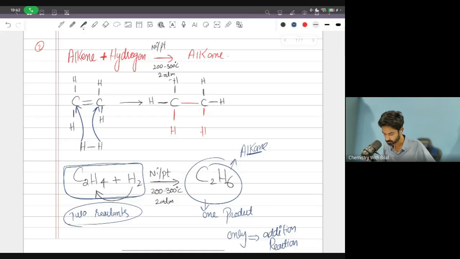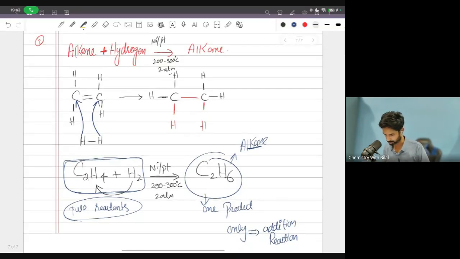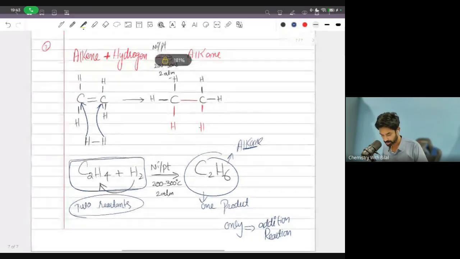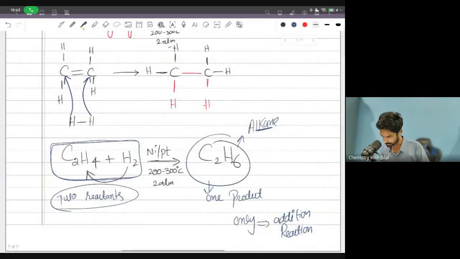Done. अच्छा, भाई हम ये रिएक्शन अगर करते हैं तो इसकी इंडस्ट्रियल इंपॉर्टेंस क्या, हमें ये रिएक्शन करते क्यों है? क्यों हम 2 to 300 डिग्री, 2 atm निकल एन एक्सपेंसिव मेटल एज अ कैटलिस्ट? सो एक तो ये है कि ये जो एल्कीन थी, ये C2H4 वाज एल्कीन और इसको हमने एल्केन में चेंज कर दिया। बेसिकली ये इथीन थी, इसको इथेन में चेंज कर दिया। लेकिन ये इसको इंडस्ट्रियली कहाँ यूज करते हैं? प्लीज लिसन।